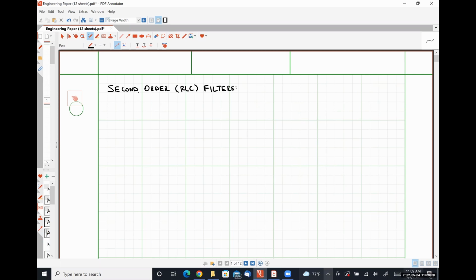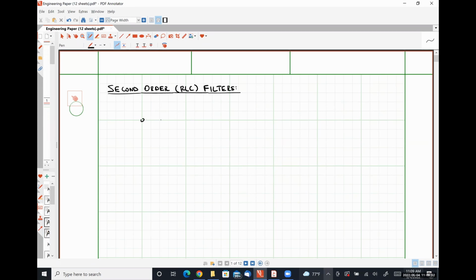Okay. And we are going to focus the overwhelming majority of our attention on the two types of filters that we discussed on Monday that can only be realized using second order or higher circuits. So the first one that I want to look at